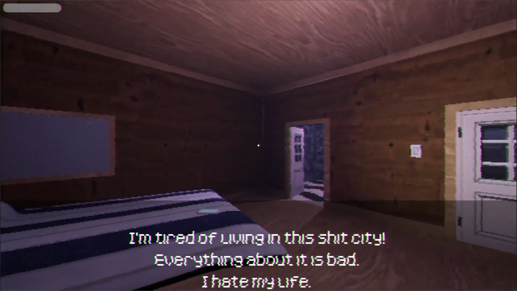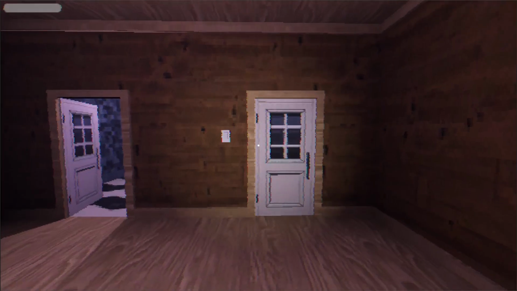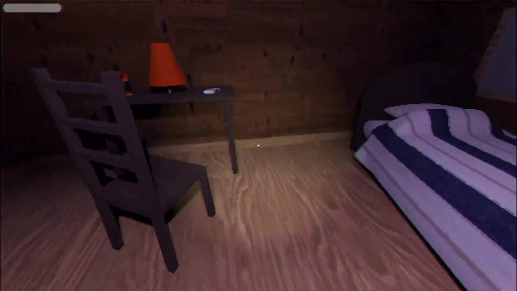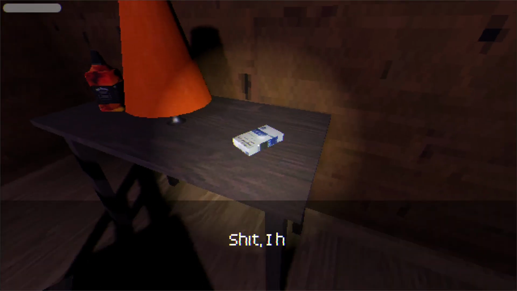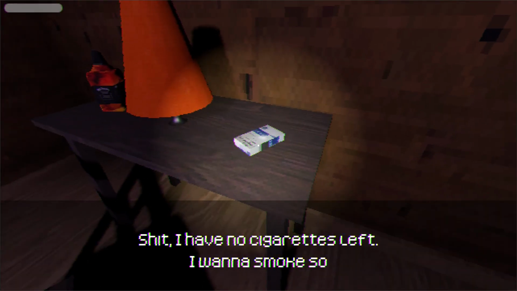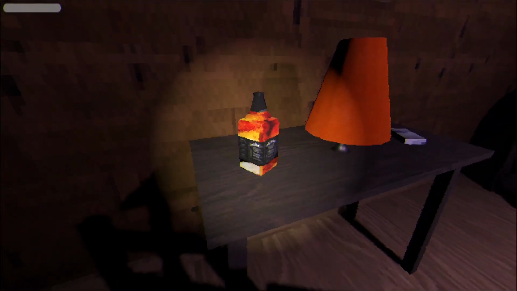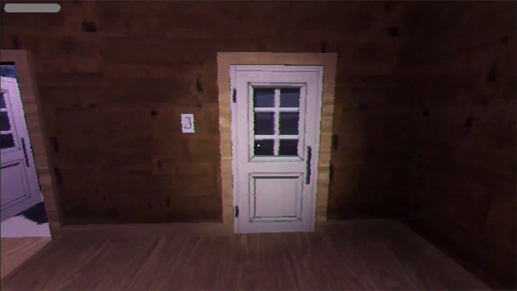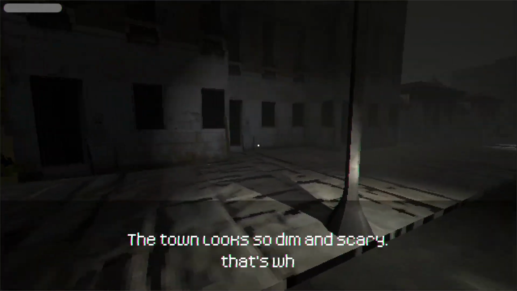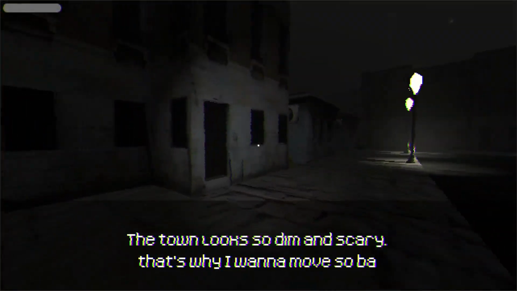The next game we're taking a look at is Nocturnal Nicotine. This little horror game has a great vibe. You play as a character looking to buy a pack of cigarettes in this dark town, but during your journey to get these cigarettes, you encounter the darkness of the town. The atmosphere in this game is great, and I really like the post-processing effect, with the chromatic aberration of the pink and the green. The visuals really stand out to me here.